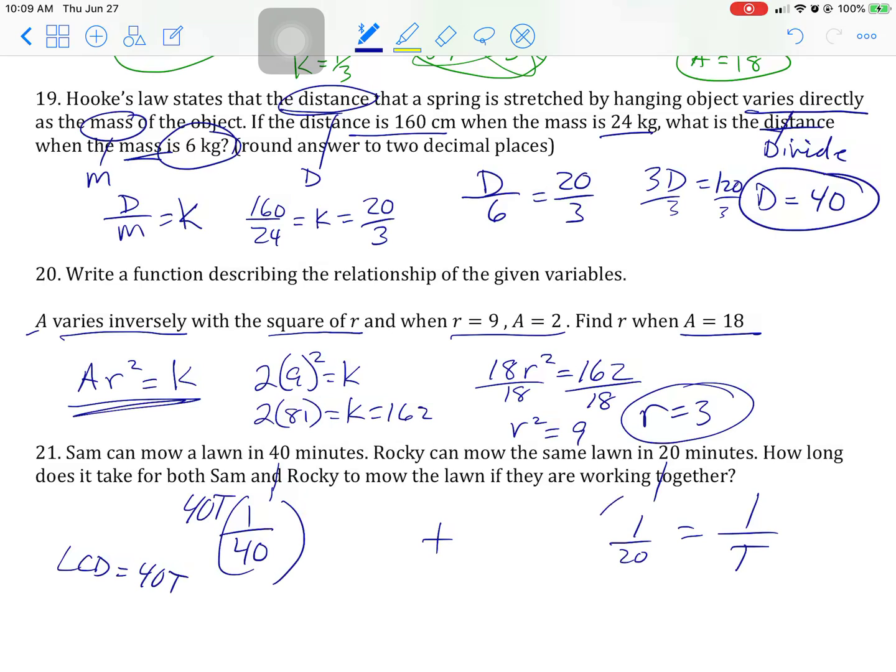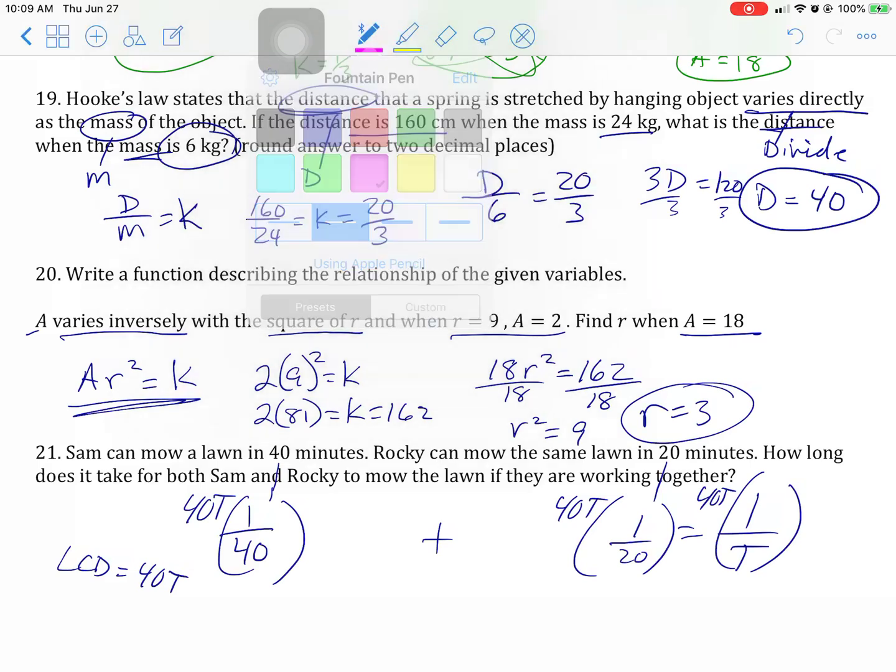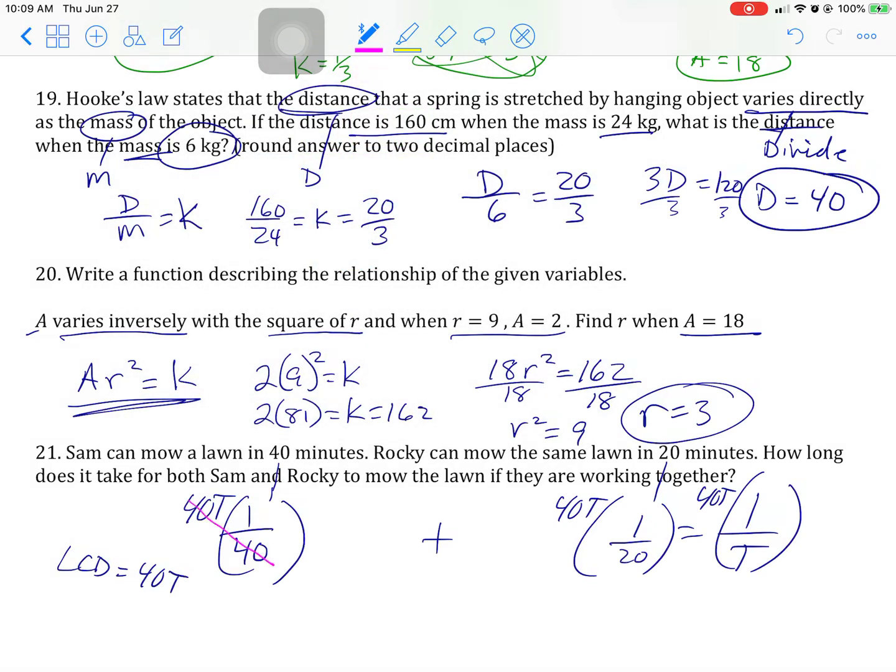40t, okay? So let's reduce, right? That's 40t over 40 is going to be t. Plus 20 into 40 is 2, so that's 2t, and t into 40t is 40. So 1t plus 2 t's is 3 t's equals 40, divided by 3. T equals